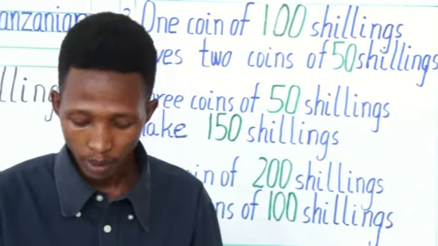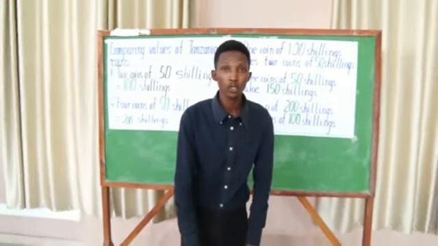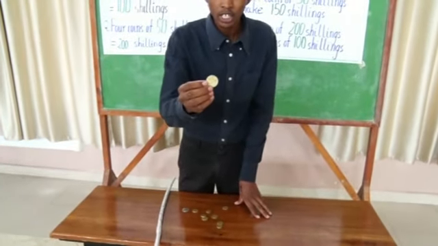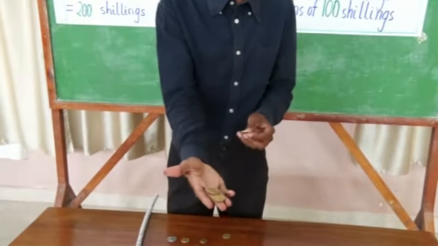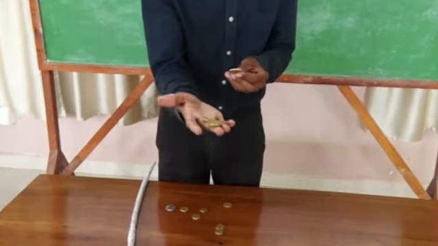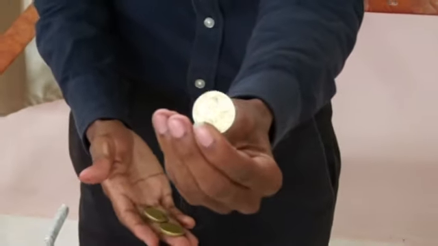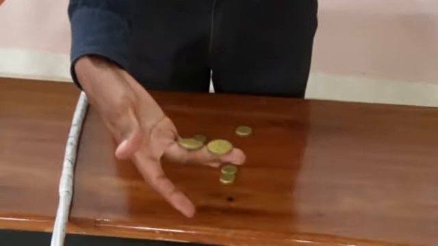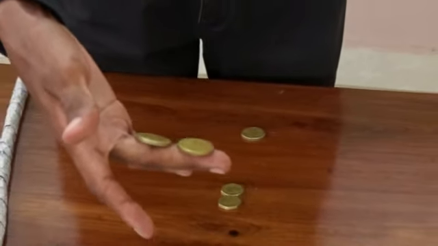Sometimes people go to the shop and ask you for change. Maybe your mom or your papa may send you to bring change. Maybe they tell you, hey, go and bring for me change of 200. So when you go to bring change of 200, this means you're going to bring 2 coins of 100. Hey, you, John, go and bring for me change of 200. So once you go to bring change of 200, this means you will bring 2 coins of 100.